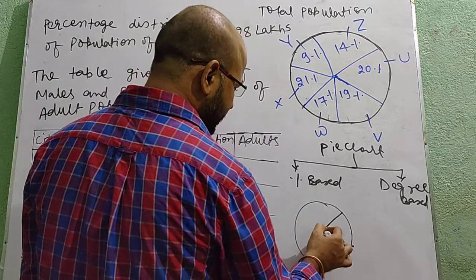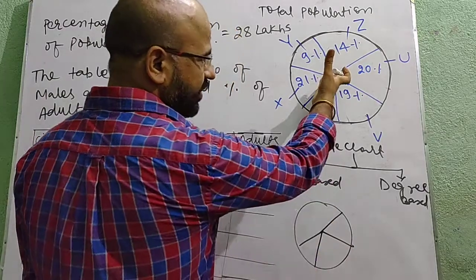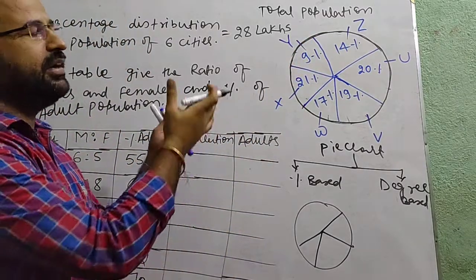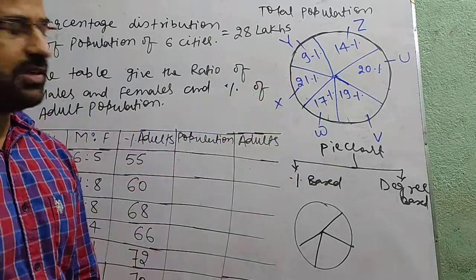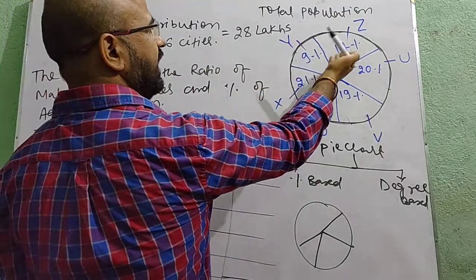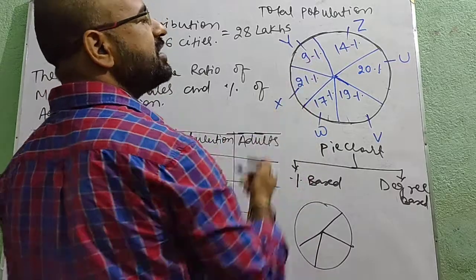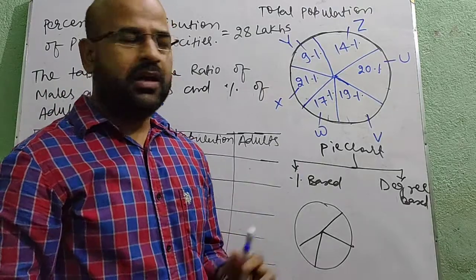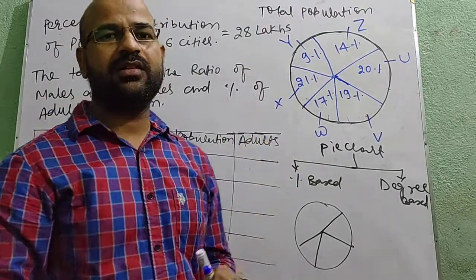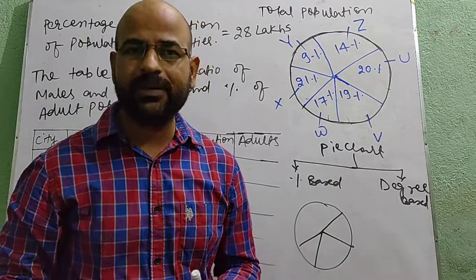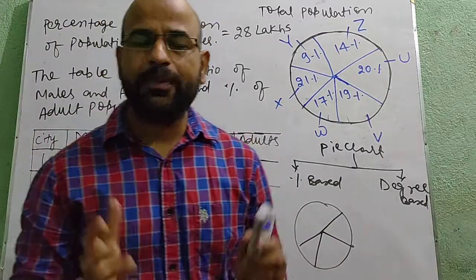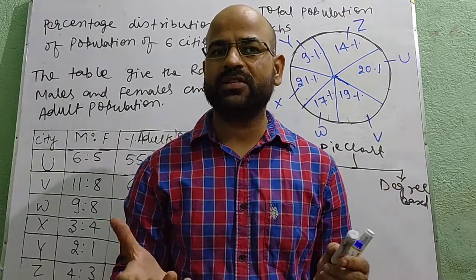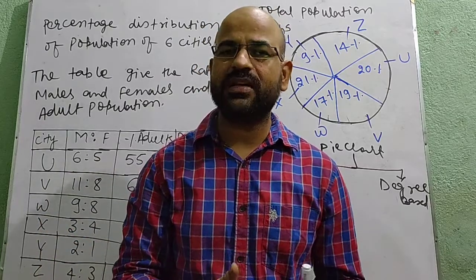Suppose this is the data. I have divided this section into 6 parts. That is an example of percentage based. This is the population of a country in different cities, in percentage. You are watching that the population of Z is 14%, Y is 9%, X is 21%, and others are in percentage. If you add these, the total is 100%. Means if you are representing data in a pie chart, the total will be 100%. It cannot be more than 100 and cannot be less than 100.